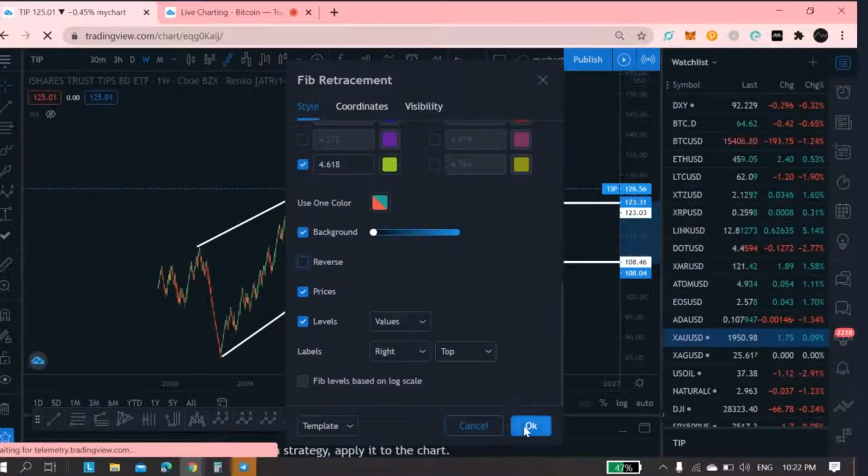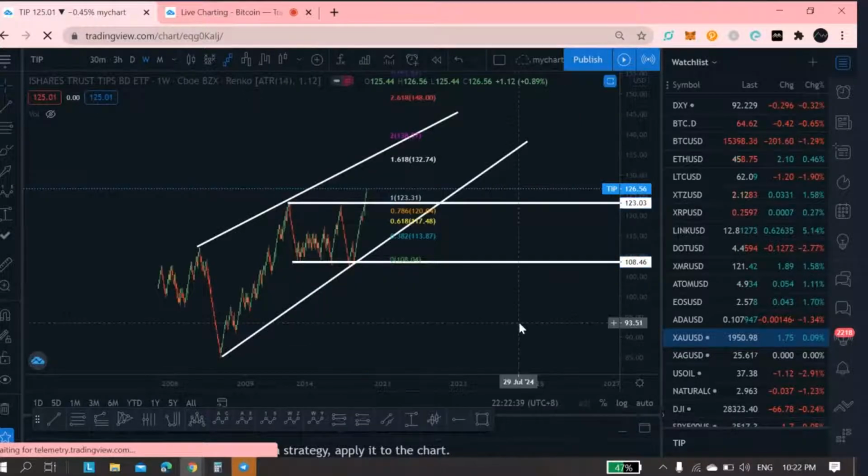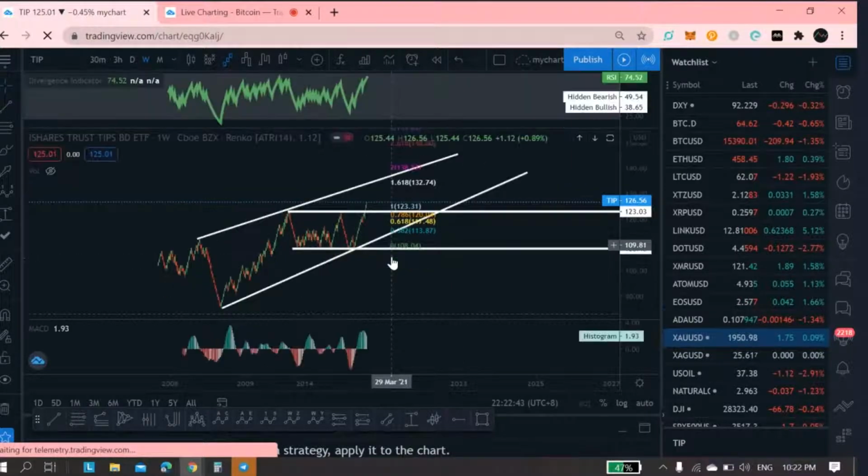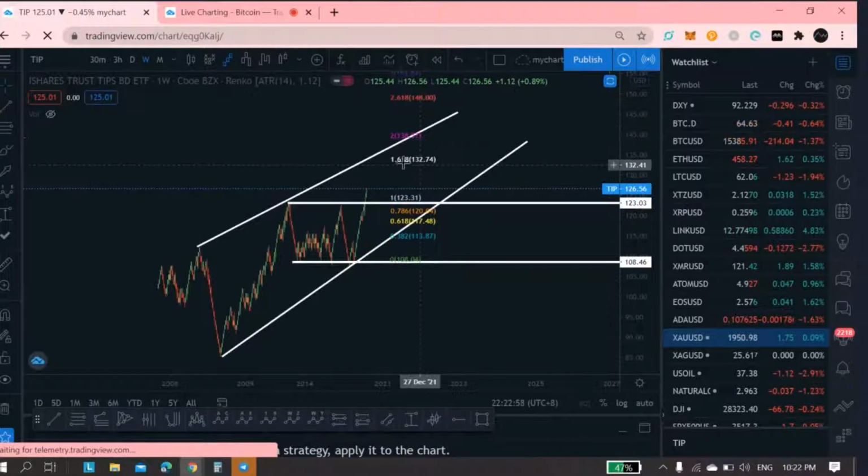I will uncheck the reverse. Oh, I did not add the 0.312. But actually possibly that's close to 1.618, which is around the 132 area. So this area, because currently this is the Renko chart, and yeah, actually that's the minimum, at least 132 area,